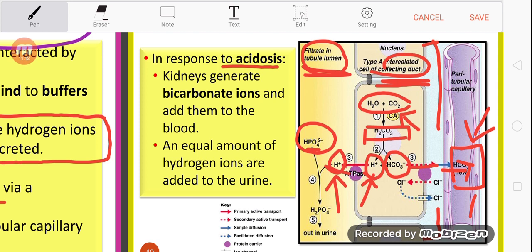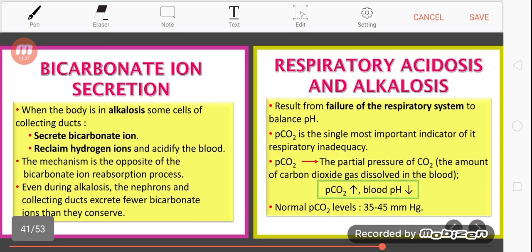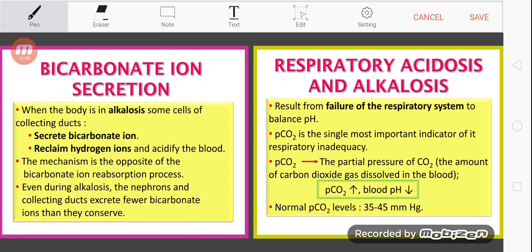In this way, the H plus is out of the body, new bicarbonate ion is formed, and it will return the acidosis condition to normal. Okay, just now the reabsorption of bicarbonate ion or excretion of H plus is meant for acidosis condition. So now we talk about